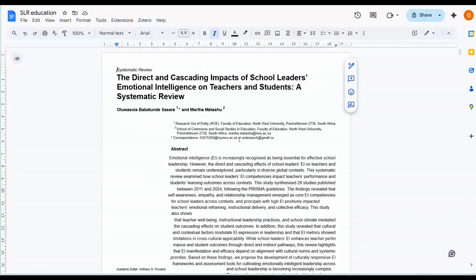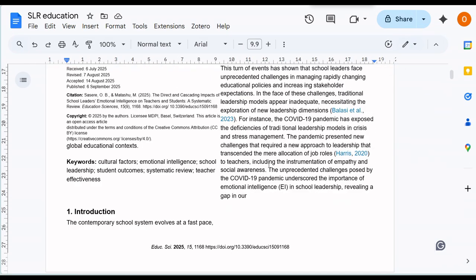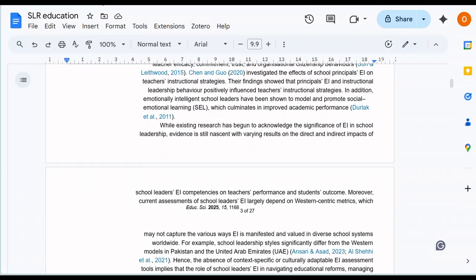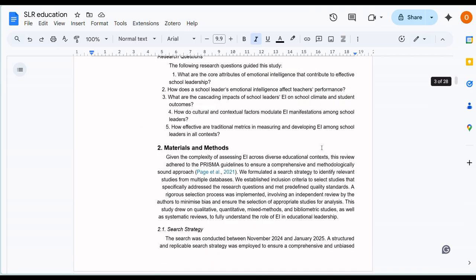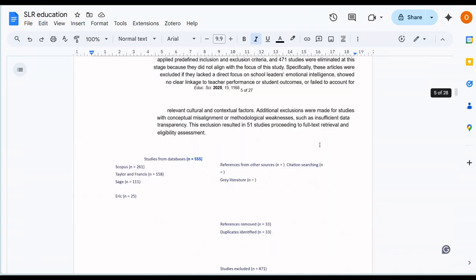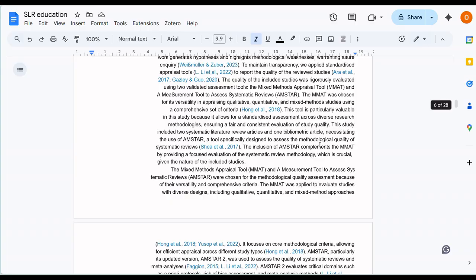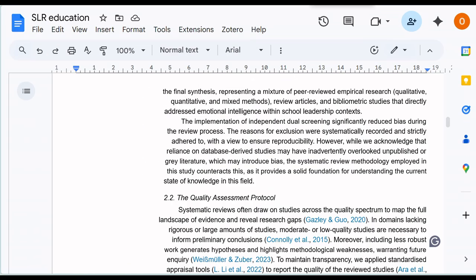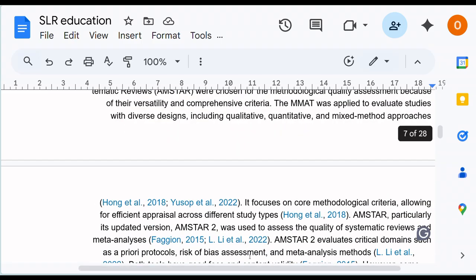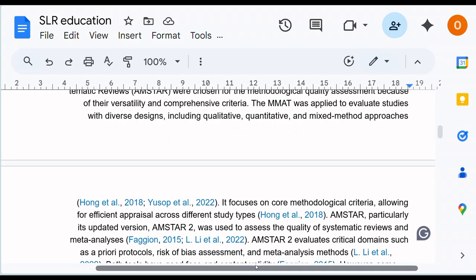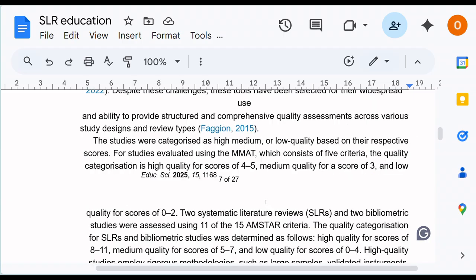Okay, let me use this for example. I'm sharing this screen now. Now, when we get to, just a minute. Okay, quality assessment tool. Let me open this and make it a bit wide. AMSTAR, for example,